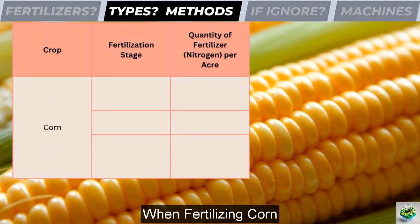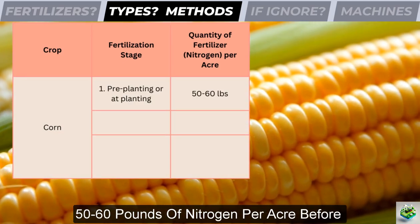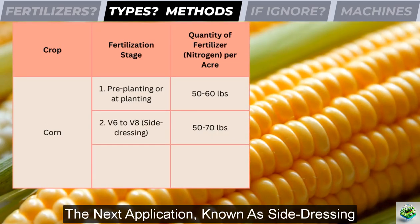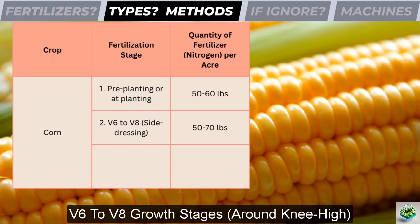Corn. When fertilizing corn, begin with a base application of 50–60 pounds of nitrogen per acre before or at planting to establish the seedlings. The next application, known as side dressing, should occur when the plants reach the V6 to V8